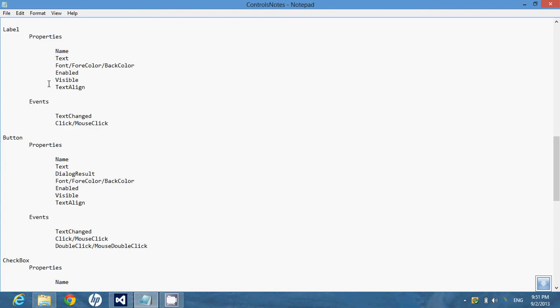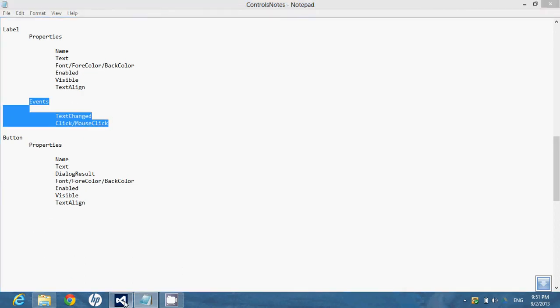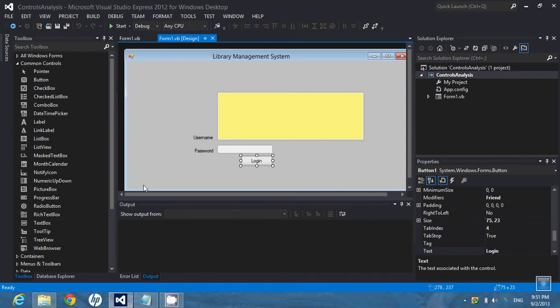We're going to look at the label, what it is used for, the common properties of the label, and some events that are associated with a label control. So label is a bit different from text box. The major difference is that a text box accepts inputs. That is, if a user needs to supply input to a program, we can use the text box, but a label